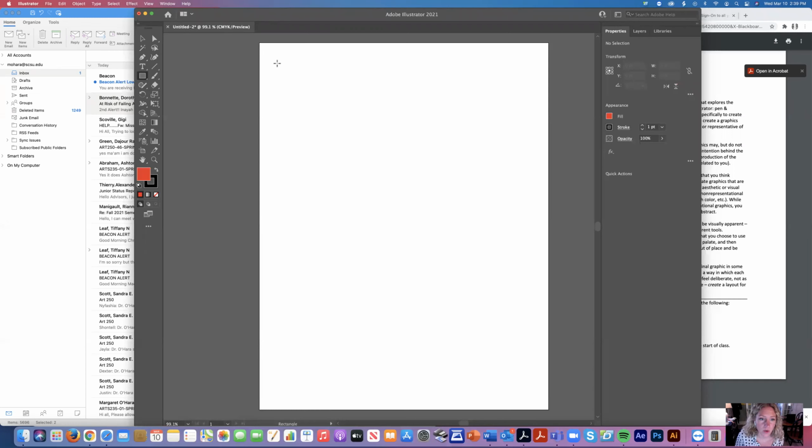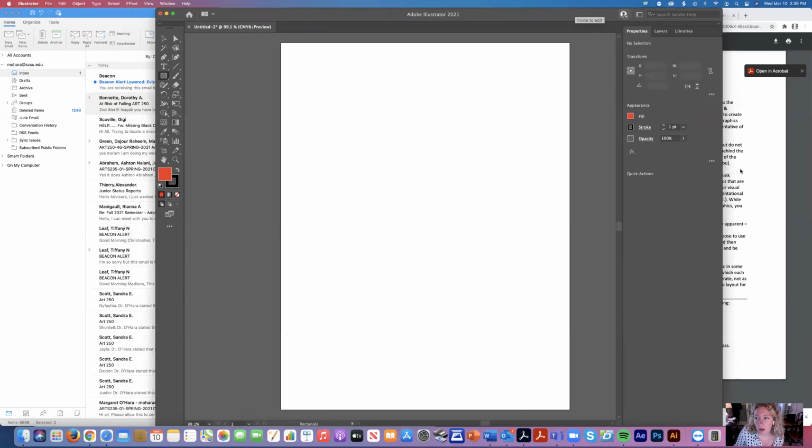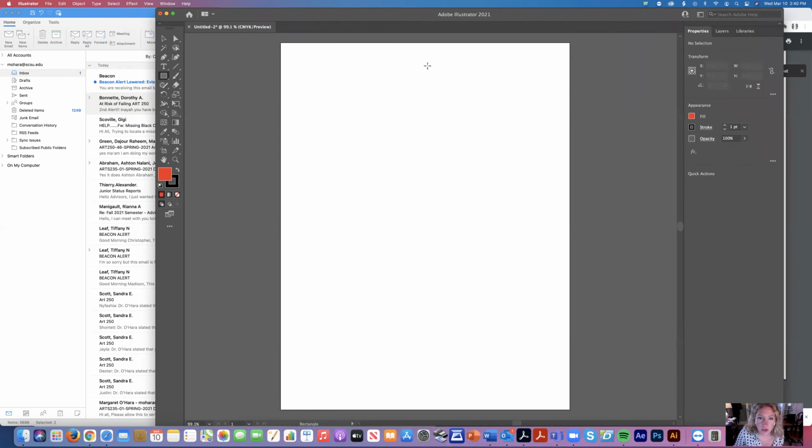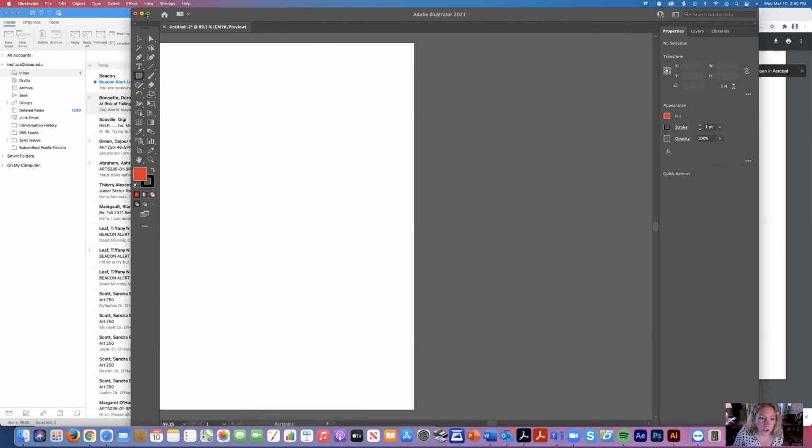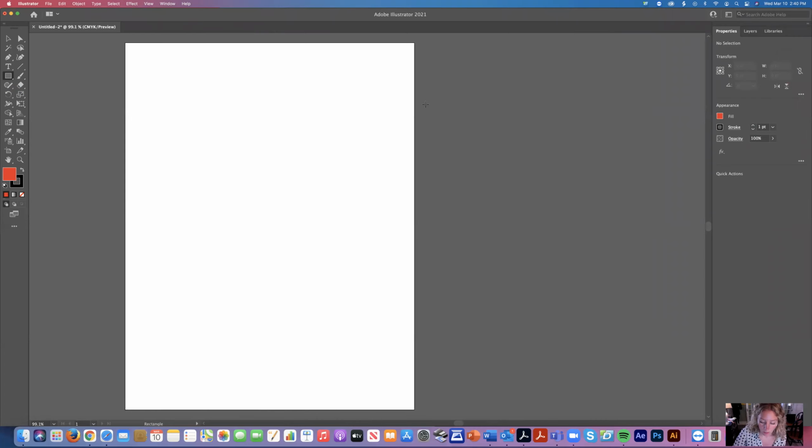So I have gone ahead and opened up or created a new document in Adobe Illustrator. So here I am within Adobe Illustrator. And again, as I mentioned, the primary tools that we will be using, the only tools that you are required and expected to use for mini project number 3 are right here. If we look over to the left-hand side of our Adobe Illustrator panel, the pen tool, which is located right here,